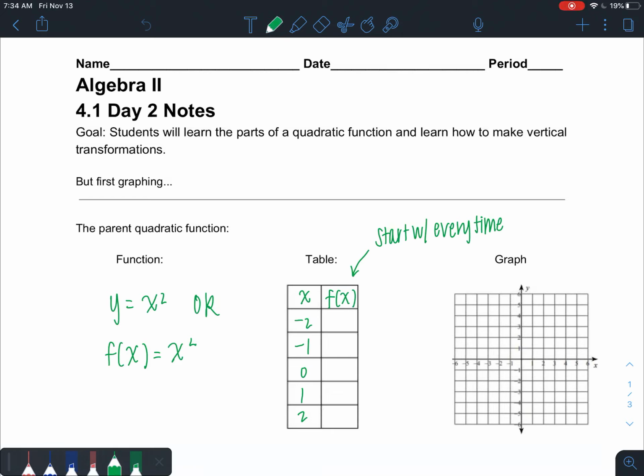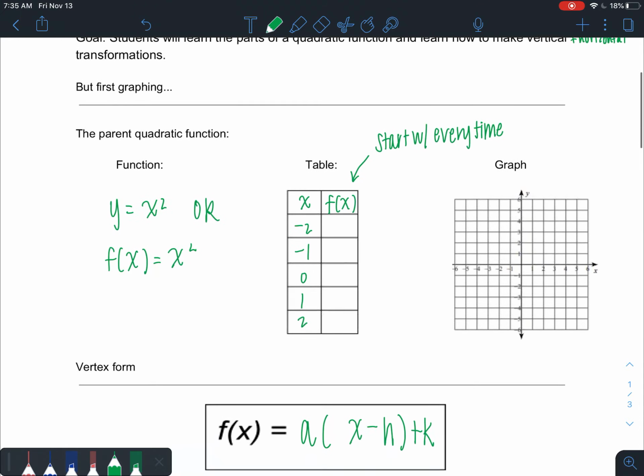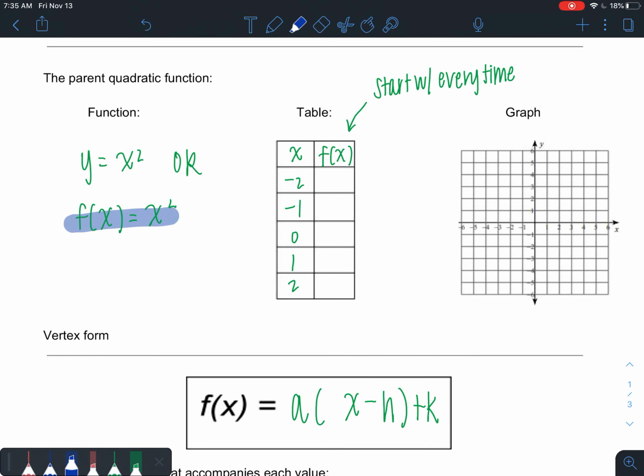Hey y'all, we're continuing on with our 4.1 notes and graphing quadratic functions. Today we're focusing on vertical and horizontal transformations, and that's mostly going to be the shifts left and right, up and down. So again, we always start with this function, f of x equals x squared, for parabolas, quadratic function, and